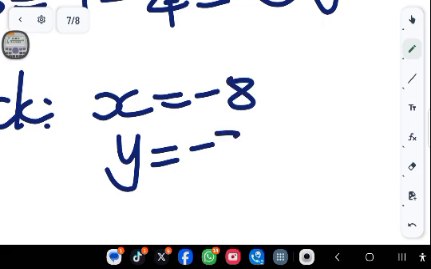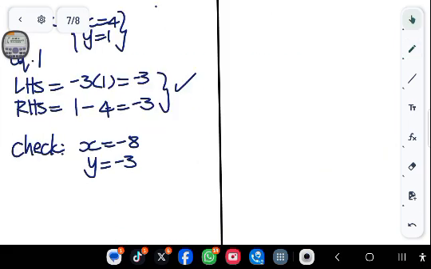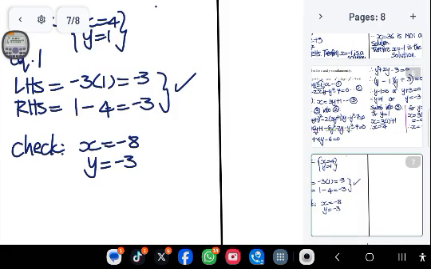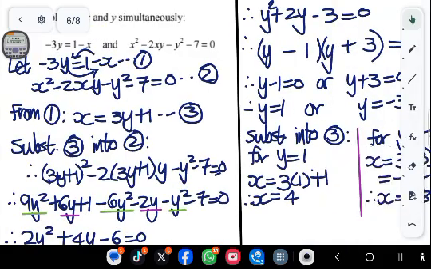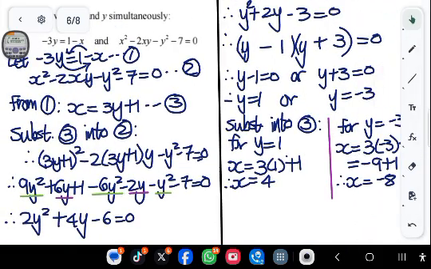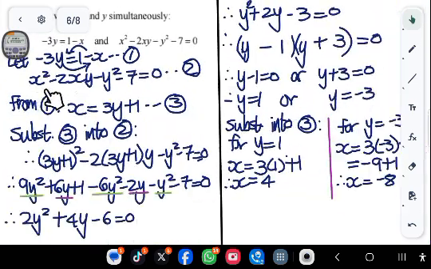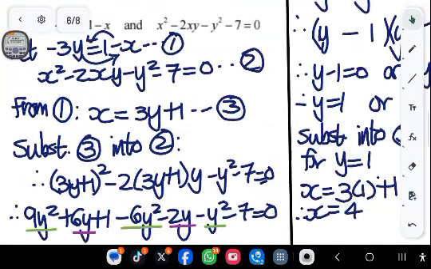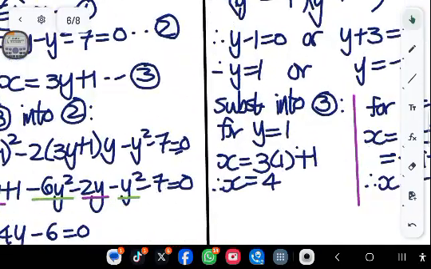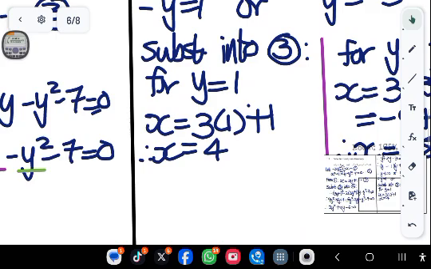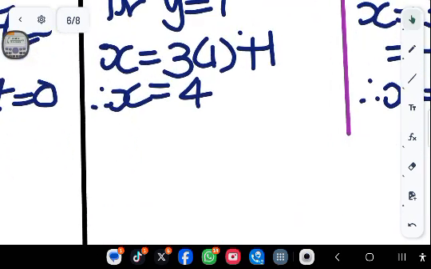Negative 8 and negative 3. Now let's use equation number 2 to check. Wherever there is x, we substitute both values on the left hand side with this one. Let's just use this page. So where there's x, we put -8. So left hand side,